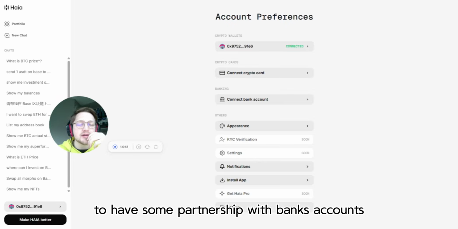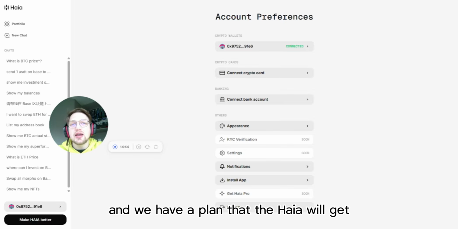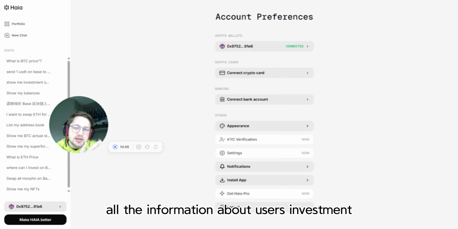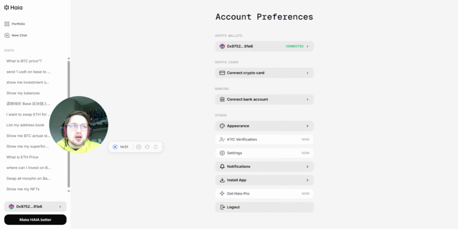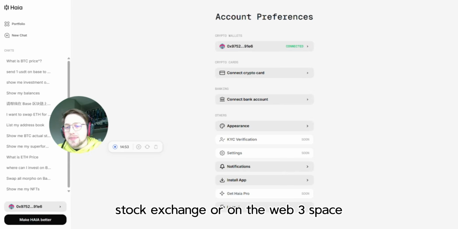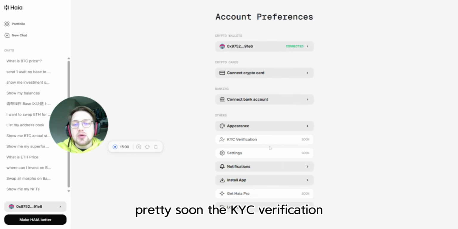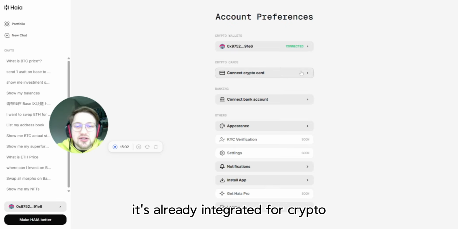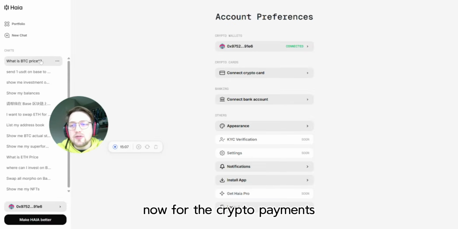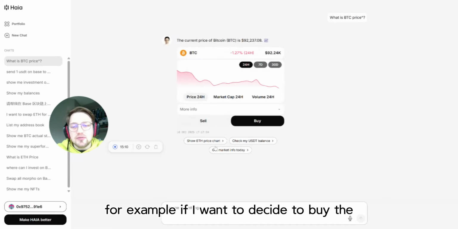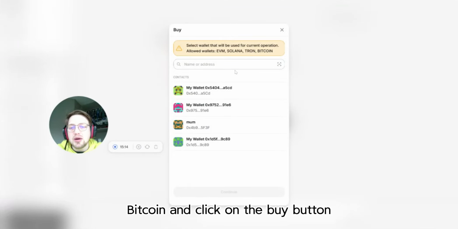We would like to have partnerships with banks, and we plan that Haia will get all the information about users' investments on the classical stock exchange or in the Web3 space, and we just combine this information together. We will add KYC verification pretty soon. It's already integrated for crypto payments. For example, if I decide to buy Bitcoin and click on the buy button,